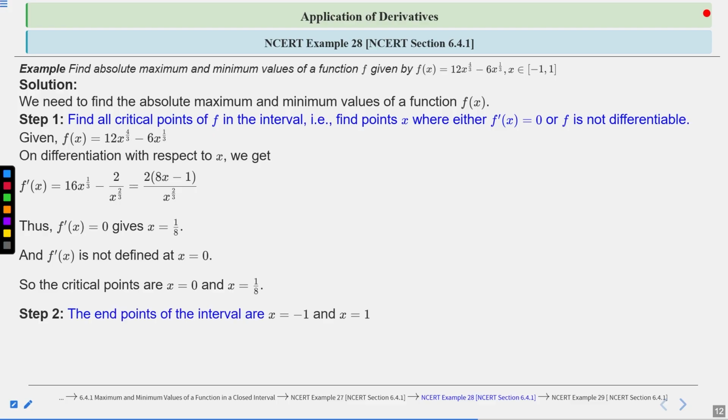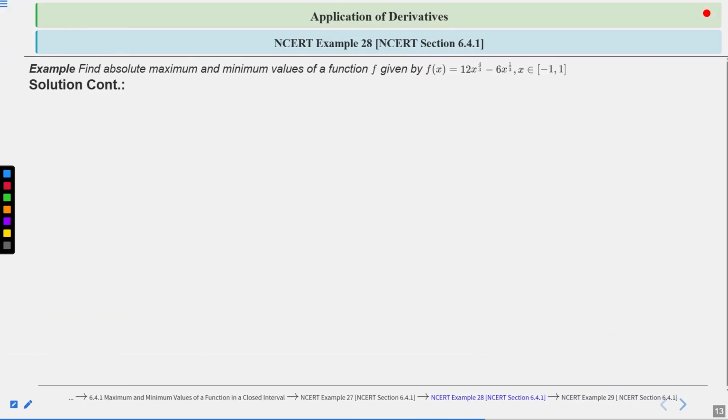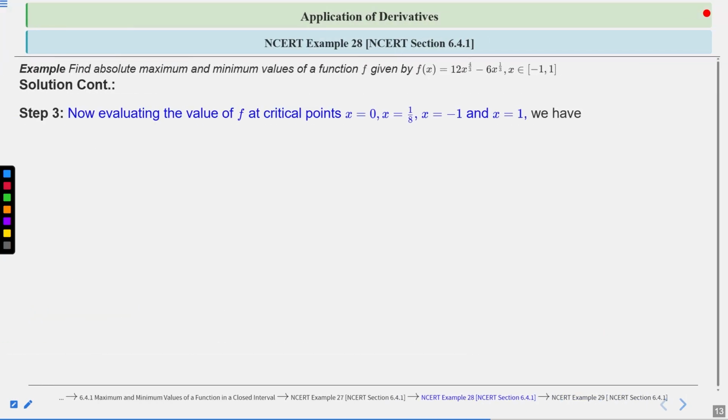Now step 2. You can see the endpoints of the interval are basically x equal to minus 1 and x equal to 1. Now step 3. Now evaluating the value of f at the critical points x equal to 0, x equal to 1 upon 8, and at x equal to minus 1 and x equal to 1, we have